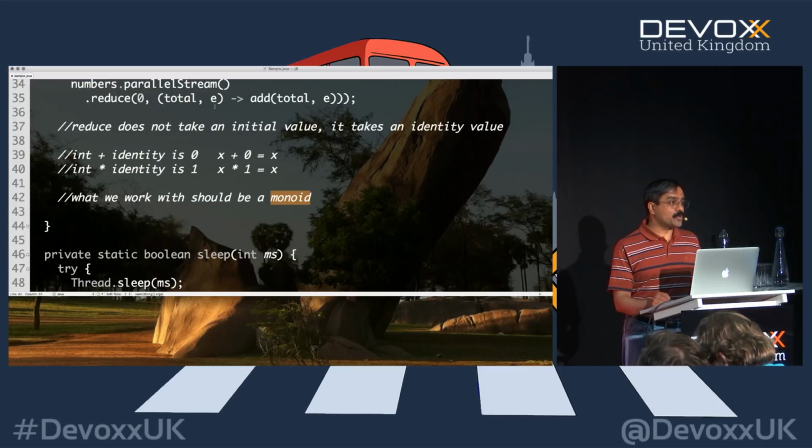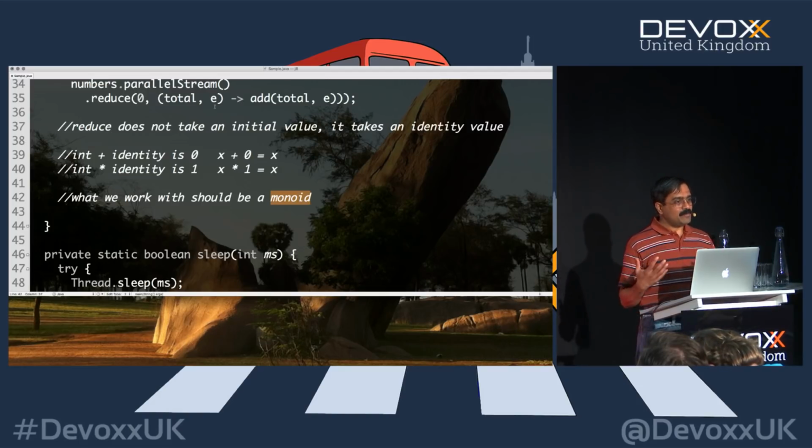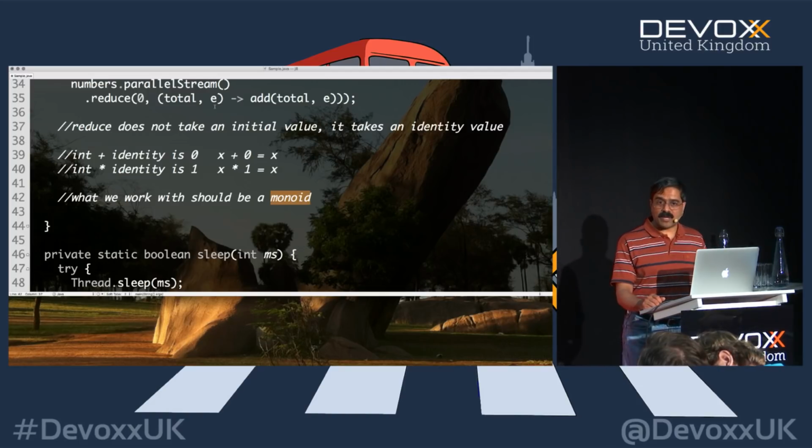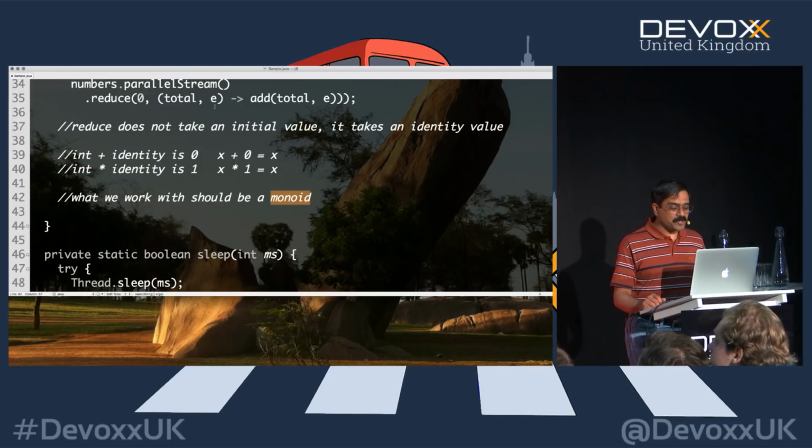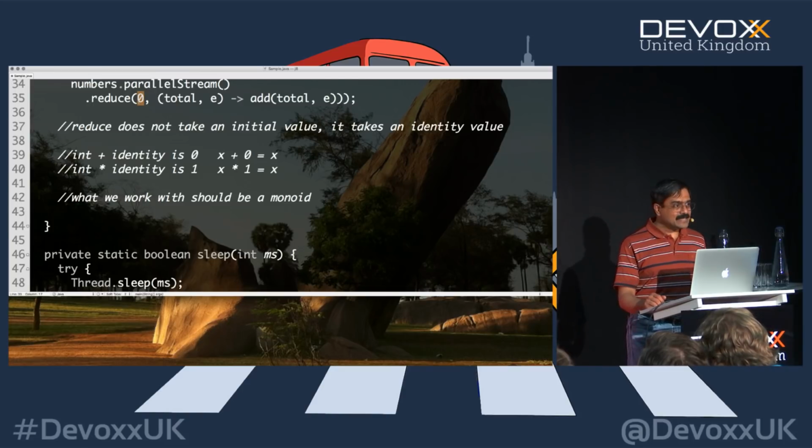Otherwise, we will start throwing things around, and the code doesn't behave the way we expect, and then we get worried and start debugging. But stepping back and understanding the rules of engagement becomes a lot easier for us to work with. So this is one of the reasons why we have to be very careful. This is not an initial value, it's an identity value. So when you work on your own domain, your own application, when you're trying to use reduce, pause and ask the question, what is an identity value? And don't pass to reduce what is not an identity.